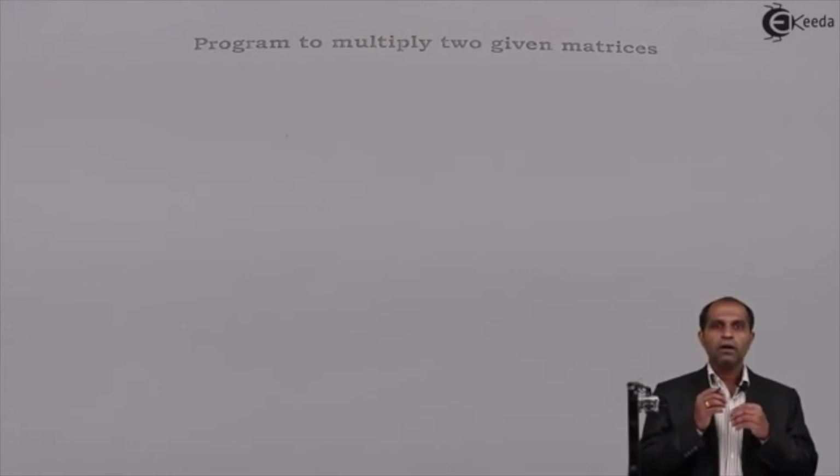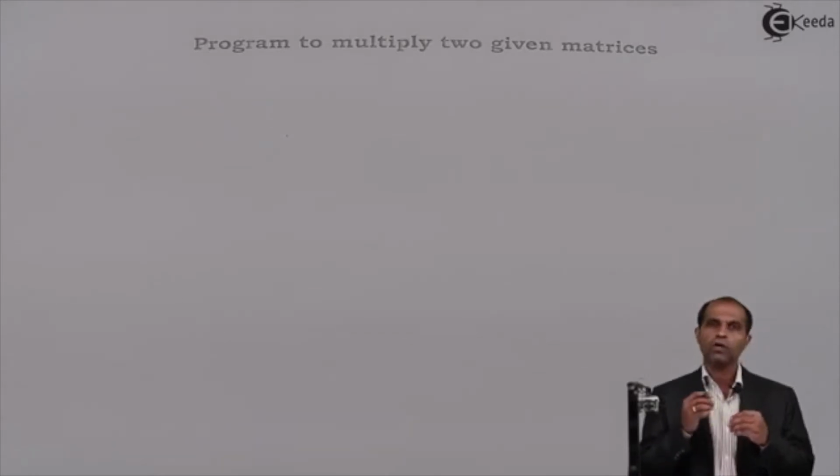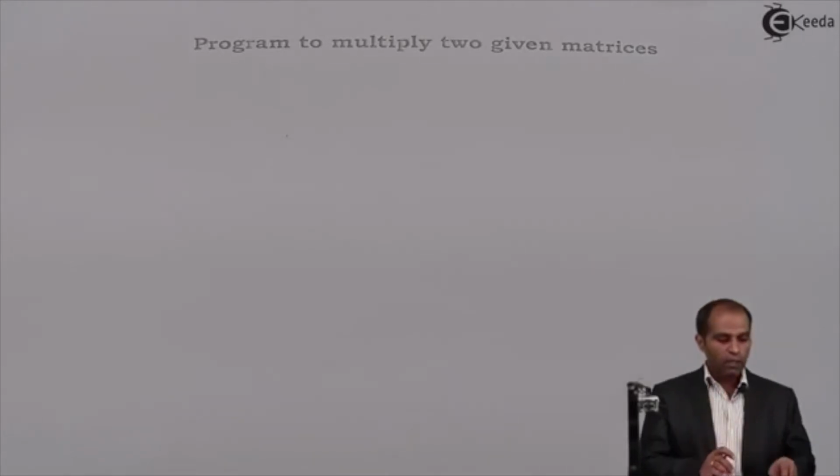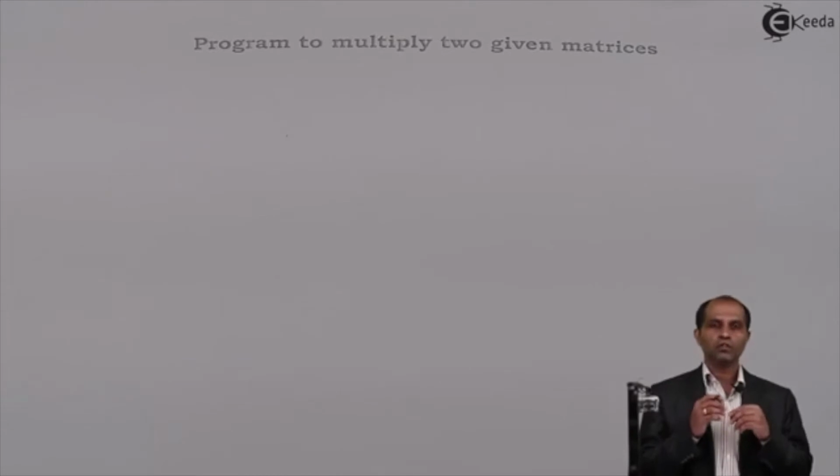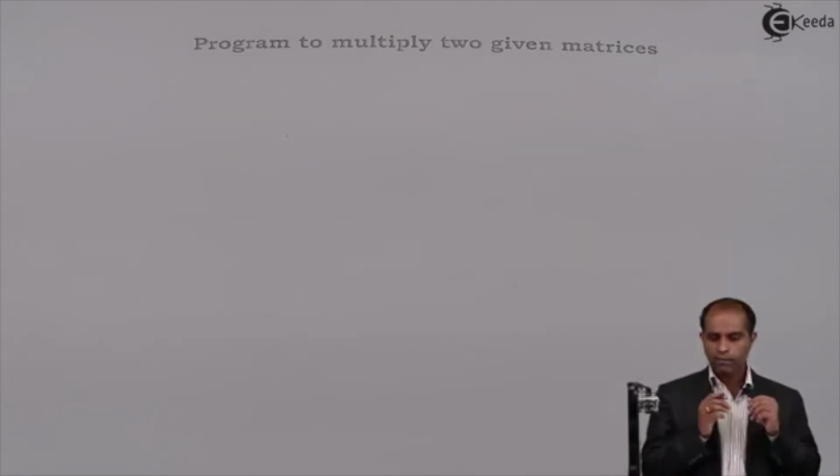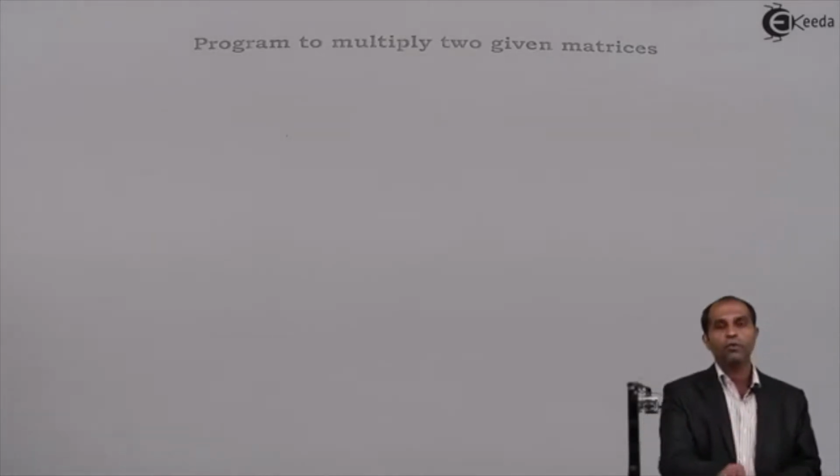Once you have the contents written with you, it will be much easier for us to discuss. So you can pause this video in the middle, write the content simultaneously as per my discussion, and then correlate what you have written with what we are going to say. The correlation will definitely make the program much easier. Let's start with the code of addition of two matrices.